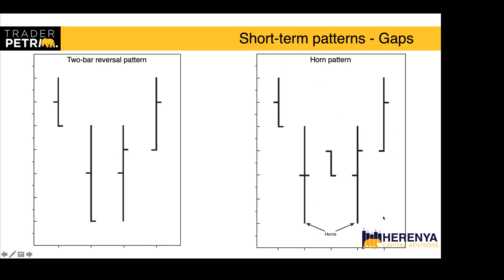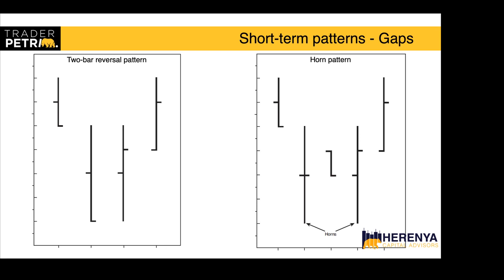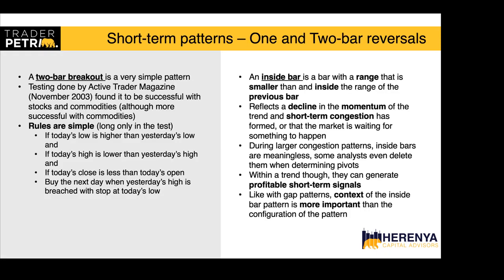And on the horn pattern, which is the example on the right hand side, it's pretty much the same thing, except now there is a small little candle that separates the two, and now you've got that formation of horns, right? So in retrospect, these would be really easy to spot on charts, but because they're pretty rare, they're actually really hard to spot because you have to go through hundreds of charts to try and find one. So in any case,